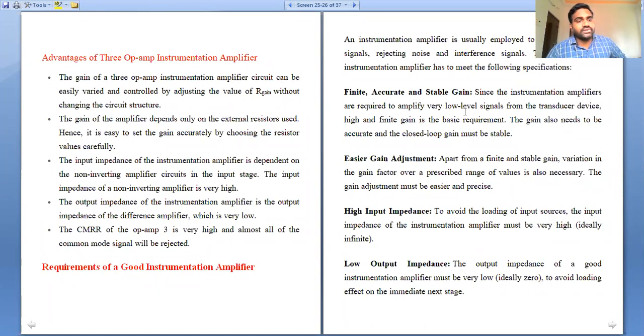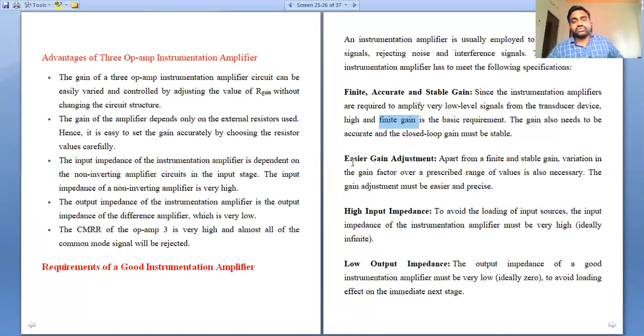In an open loop operational amplifier, the voltage gain is very, very high, and the voltage gain of the open loop operational amplifier is inversely proportional to stability. That means if the voltage gain increases, stability starts decreasing. So that's why we proposed the negative feedback system, and that negative feedback system will create a particular finite gain system. Having a finite and accurate gain means the stability of the system will be improved.